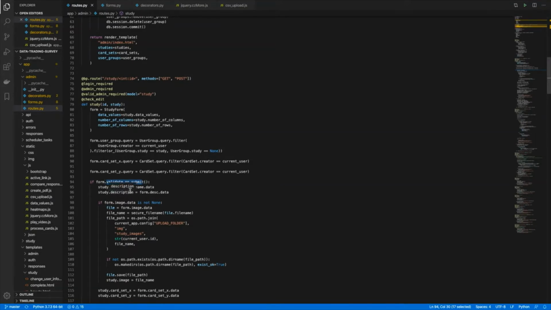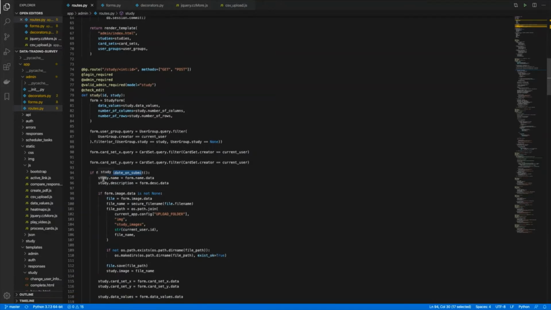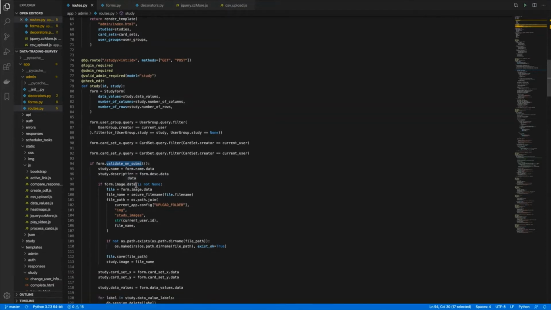So if the form is valid, the study attributes are set to the corresponding field data as entered by the user.